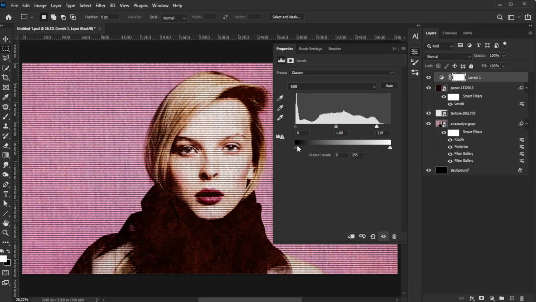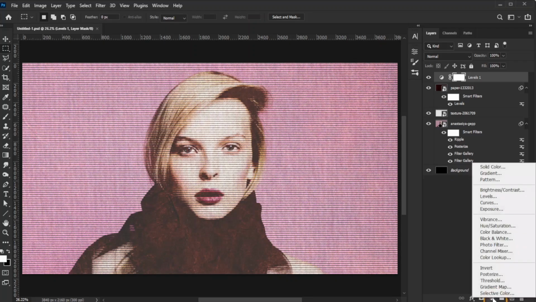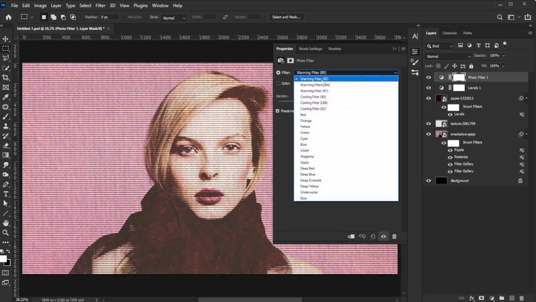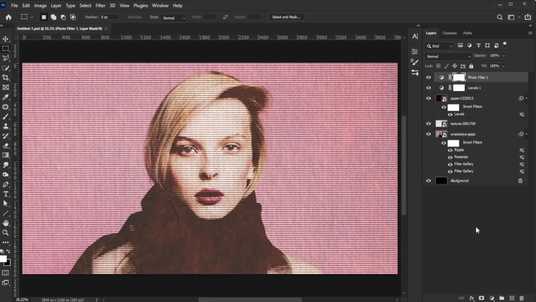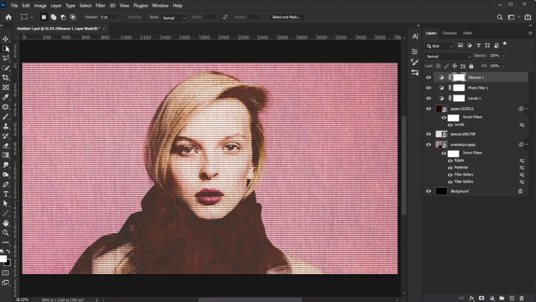brightness, and move the shadows slider slightly to the right to soften the shadows. Then add a photo filter adjustment layer. From the drop-down, select Warming Filter 85 and set the density to around 30%. Add a Vibrance adjustment layer, then adjust the vibrance and saturation values to your liking. Every time you replace the photo or texture images, you can tweak the adjustment layers and effects to suit the